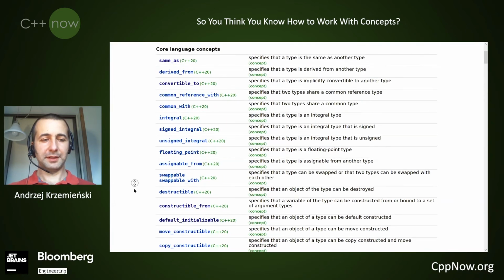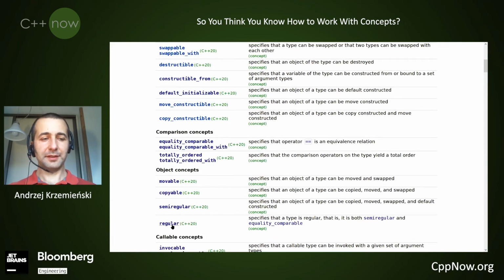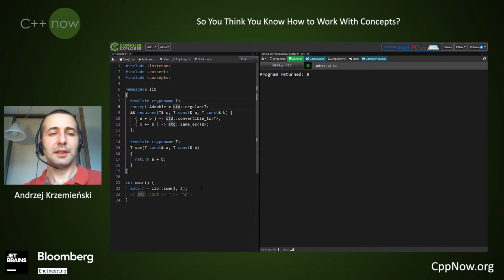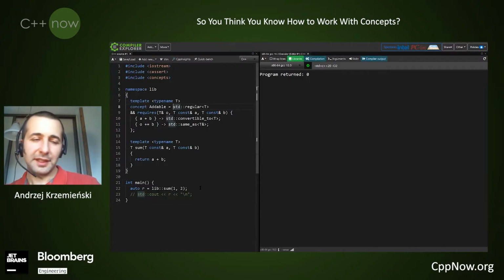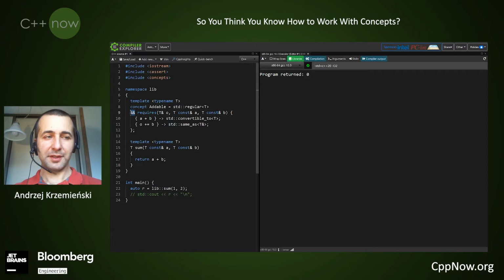We'll probably find it in the list of concepts. And it requires that the type is copyable, movable, assignable, default constructible, or all this regular stuff that we have. And now I use this ampersand, which, although visually close, is not a logical and operator.